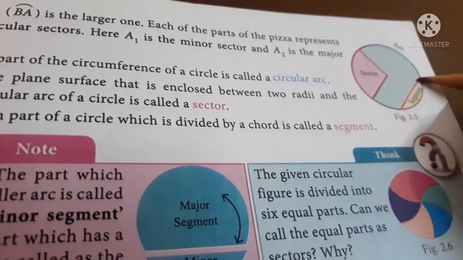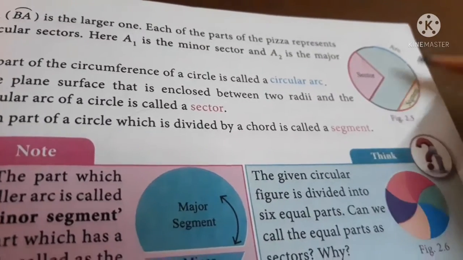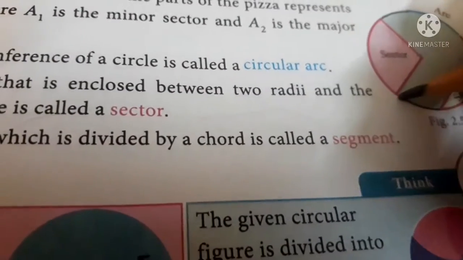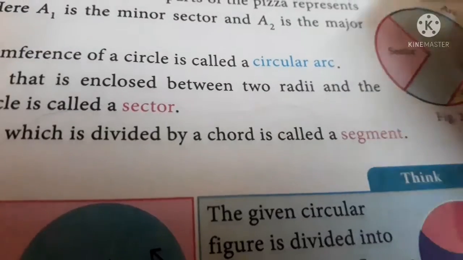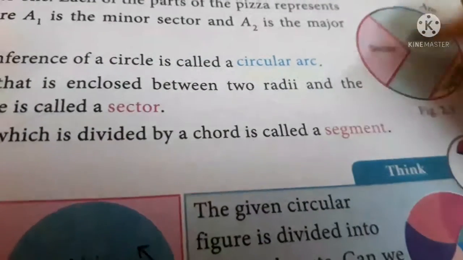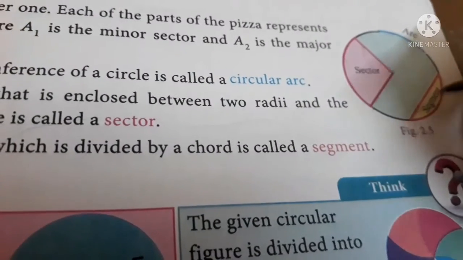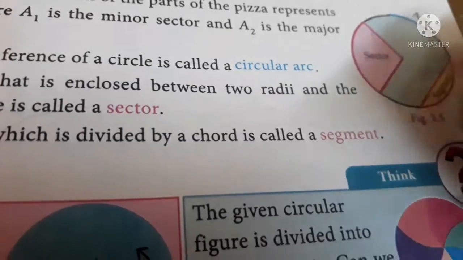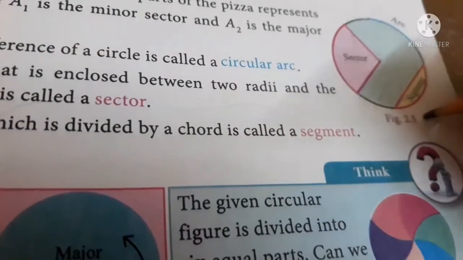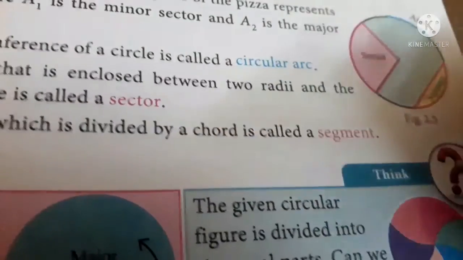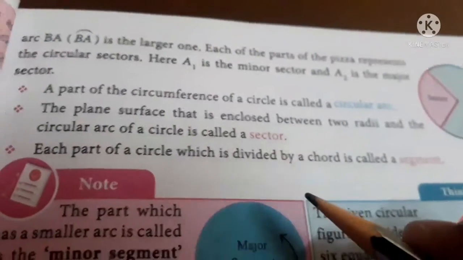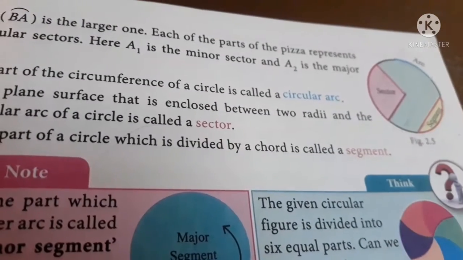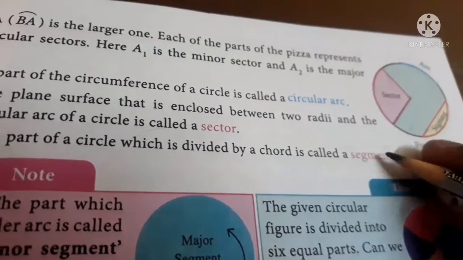And when you cut out a piece like this, if it is from the center and you take two different points and draw lines and cut them, then it is a sector. But this is not from the center, right? So you can draw a line anywhere like this, and you can cut this out, then that will be called a segment. This is sector and segment. Don't get confused. Each part of a circle which is divided by a chord is called a segment. Any chord which divides a circle into different parts will give a segment.